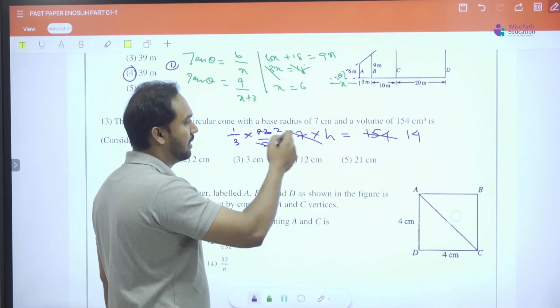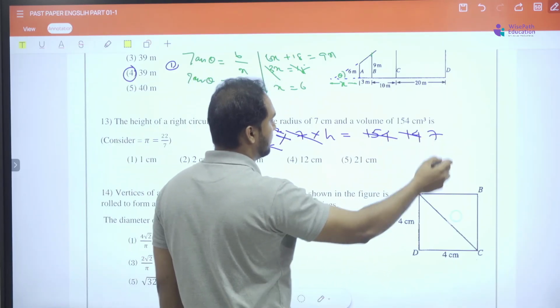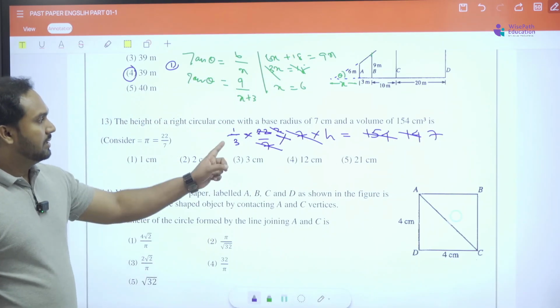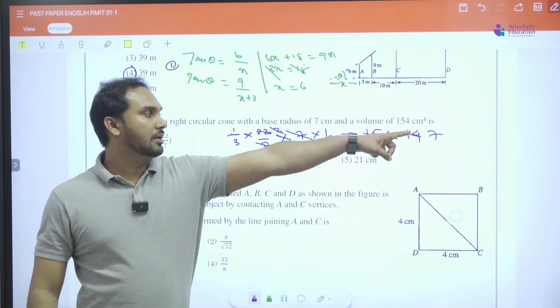Two 11s, and it divides again, here 7. So 3 is here. Cross multiply 3 to the other side. H equals